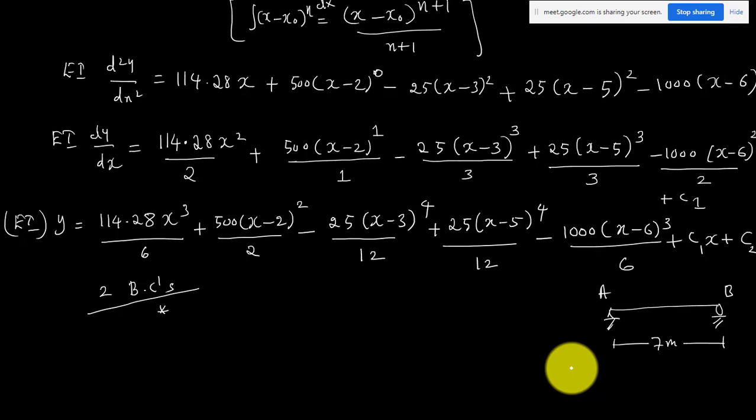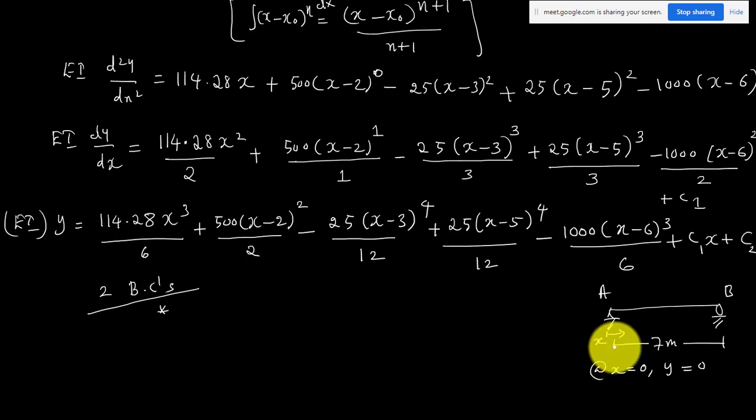The deflection will be 0 at both supports. So we can write, at x equal to 0, your y value should be 0. X equal to 0 means, be careful with the origin, where we are keeping the origin. X I am measuring from A in this question. Yesterday in the cantilever beam we measured x from the other direction. So you have to fix your origin whenever you are writing the moment equation, and keep that in mind till the end of your problem.